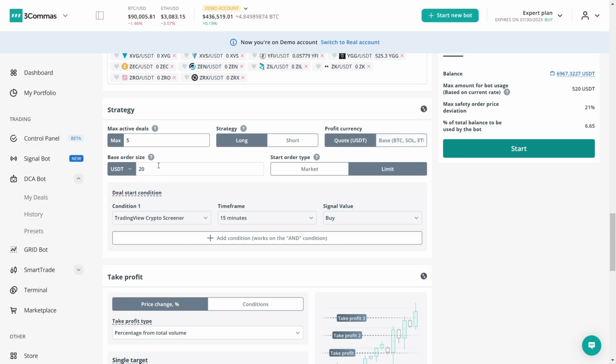Base order size, okay? How much money are you going to invest in your trade at the start? Why do I say at the start? Because this is a DCA bot, and we are going to talk about DCA soon. But this is your base order. How much money are you going to invest in your starting order? Currently, Binance allows you to trade using 5 USDT as a minimum. But it's not a good idea to use the minimum